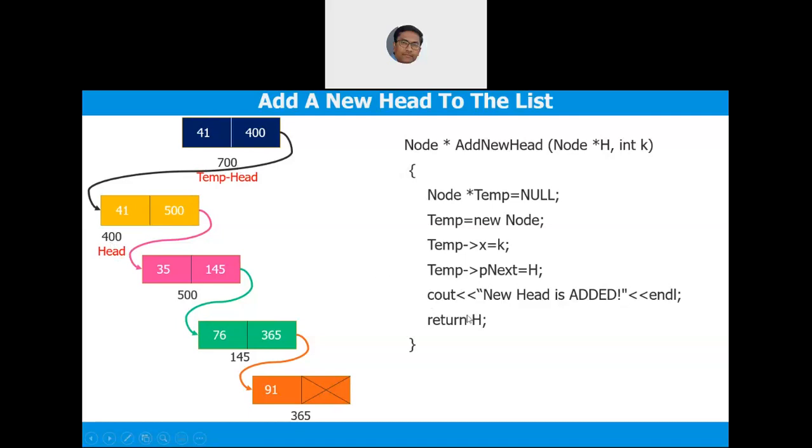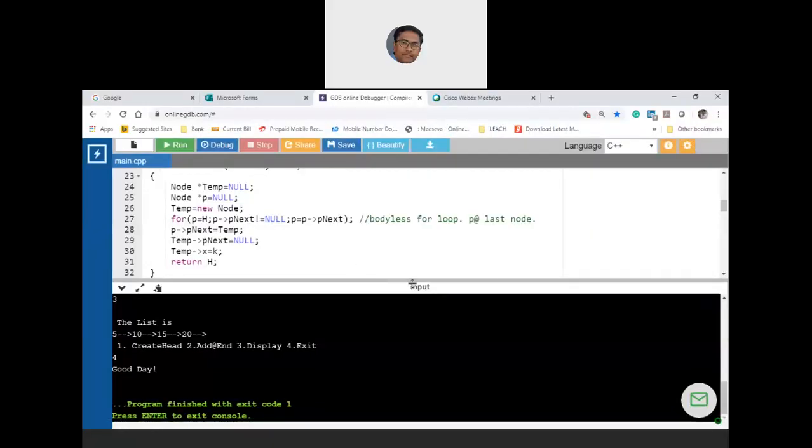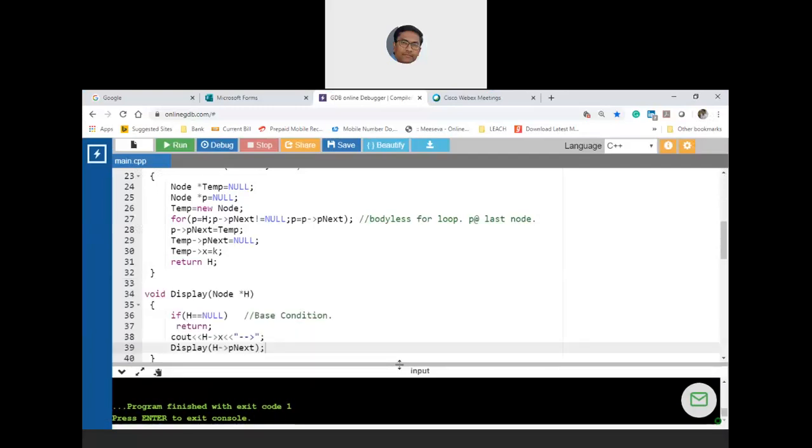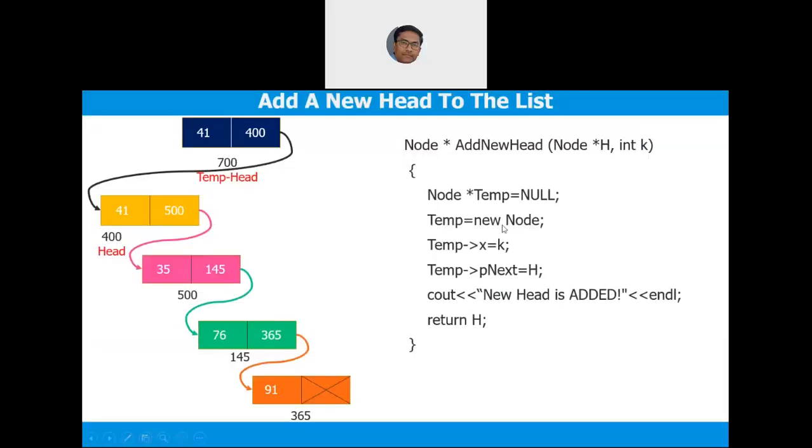So you have to return h, but before that you have to change h is equal to temp. So shall we do this? Shall we add this another menu into the program? Did you understand? There is a bug in this slide. I have to change h. Somebody respond.